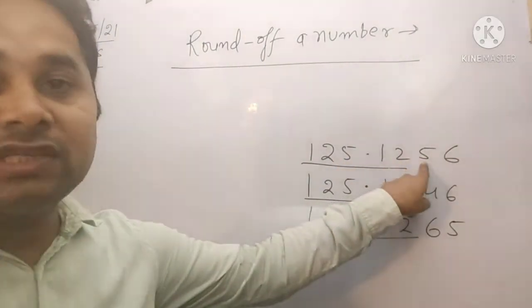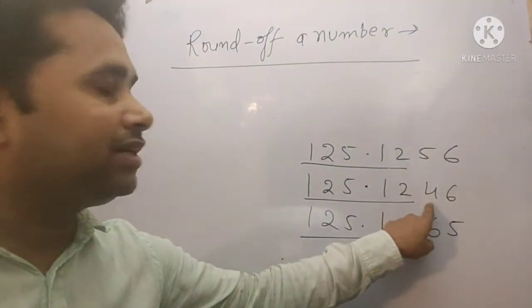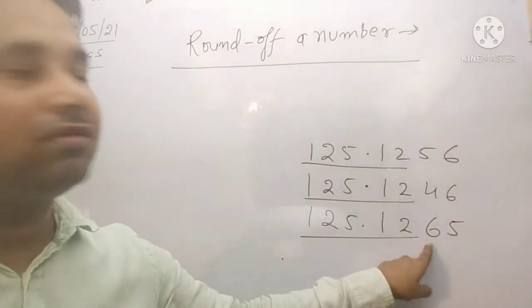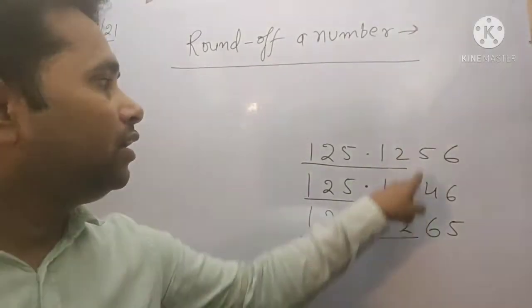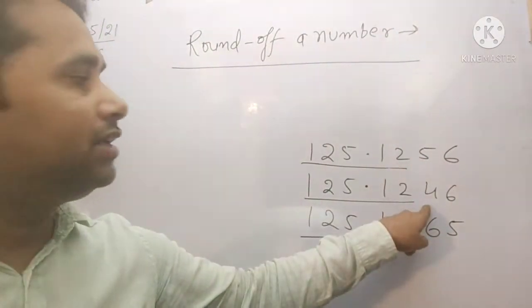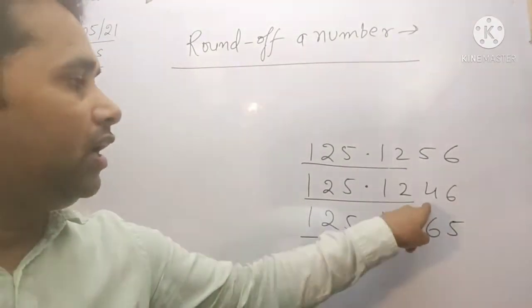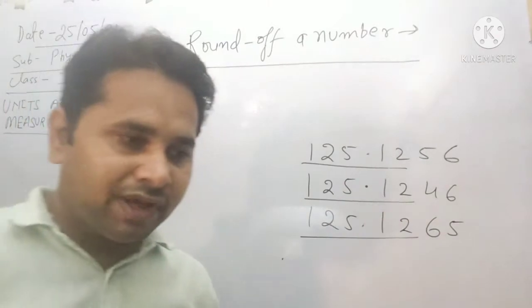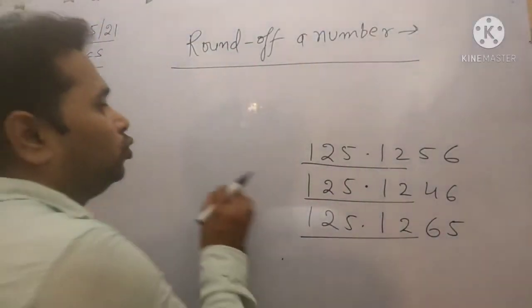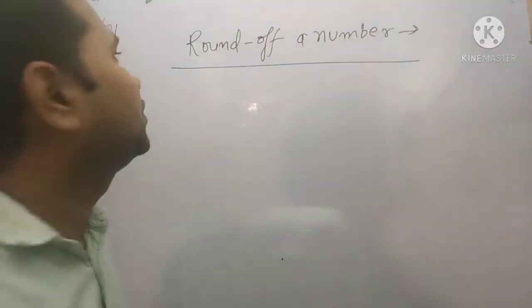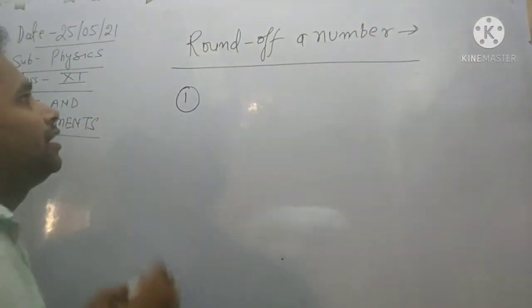The dropping digit is 5, or the dropping digit is less than 5, or the dropping digit is more than 5. See, in this example the dropping digit here is 5. In this example, the dropping digit is less than 5. In this example, the dropping digit is more than 5. So for these variations, we have some rules. How to round off a number. See the first rule. In rounding off a number,